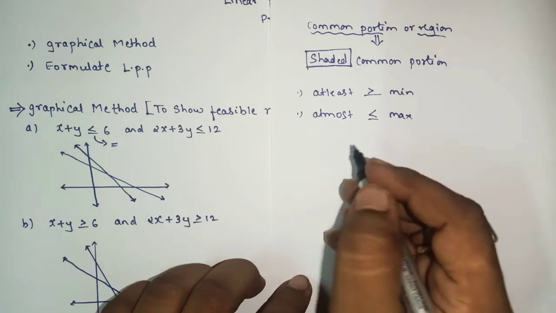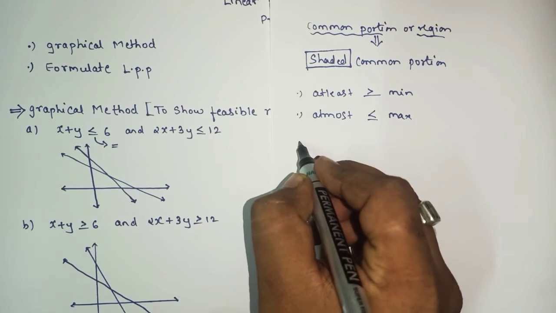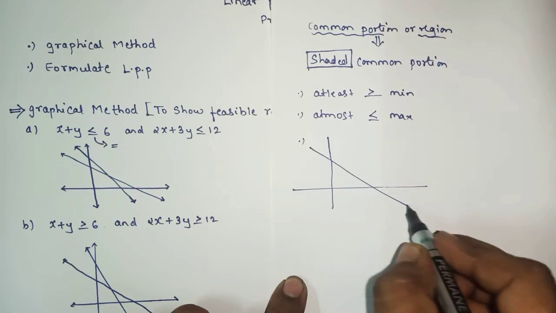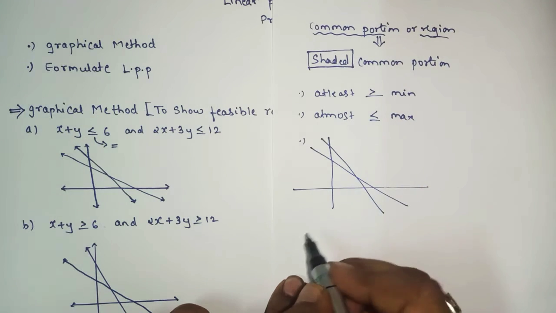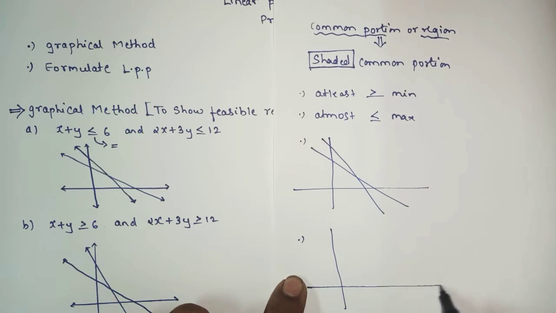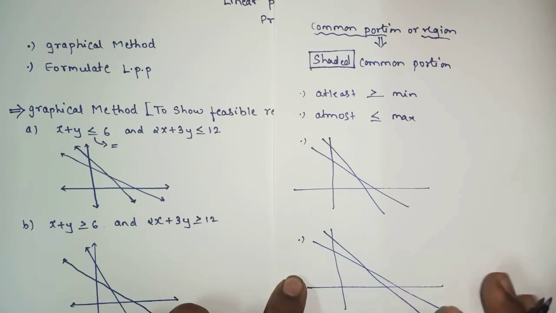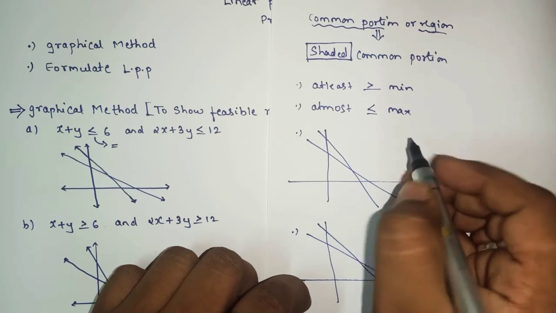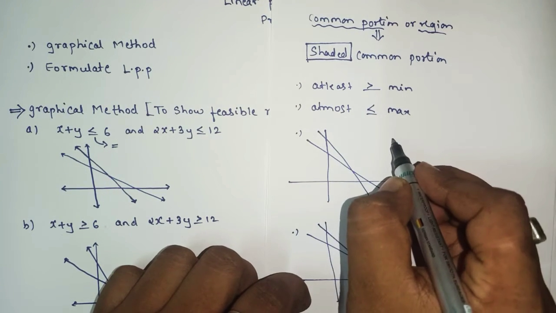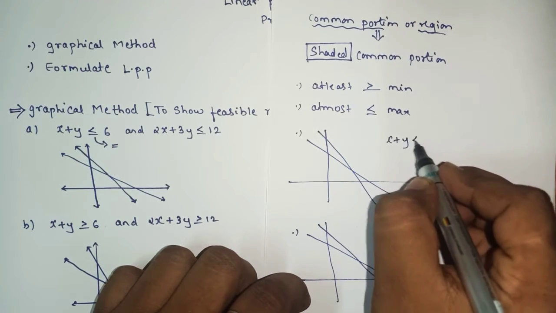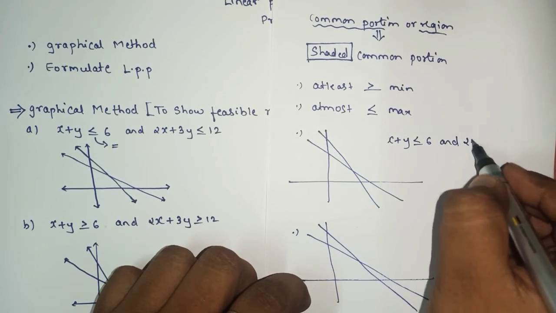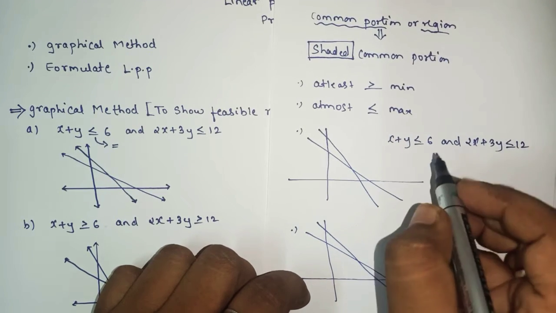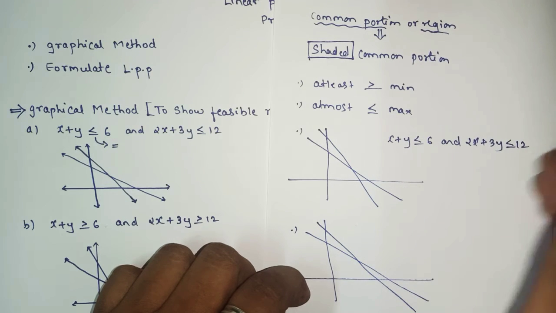Okay, so now after plotting the graph, you have to show the feasible region, yes or no. Now here I will show a technique, we can say. Suppose here we have two equations, yeah, more than two equations. So whenever you have two linear inequations, or more than that,